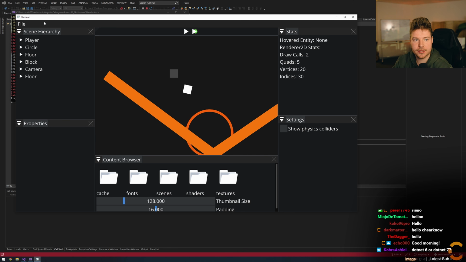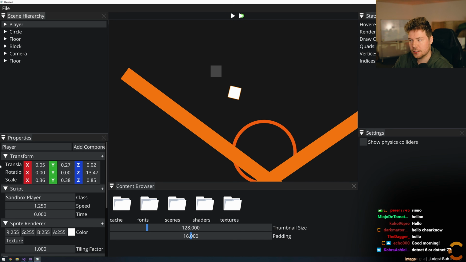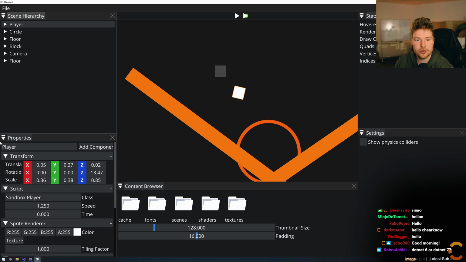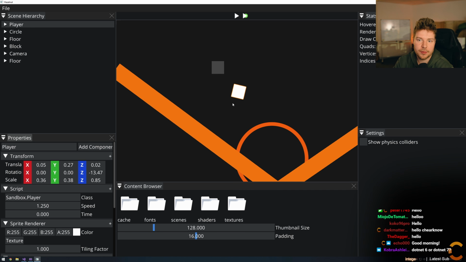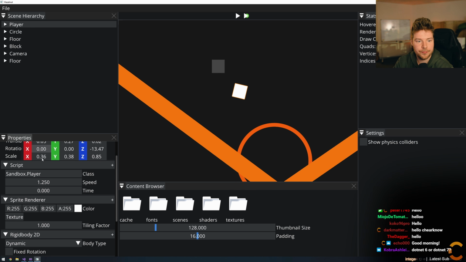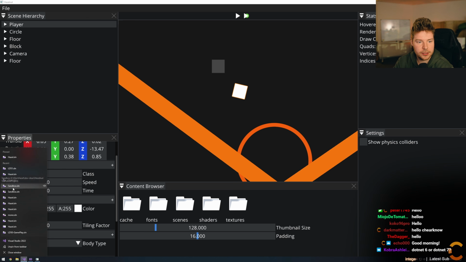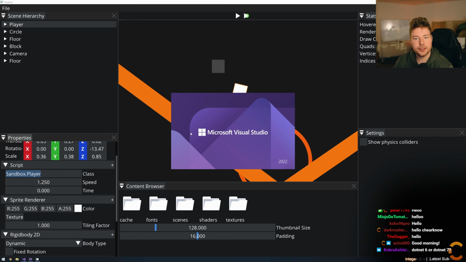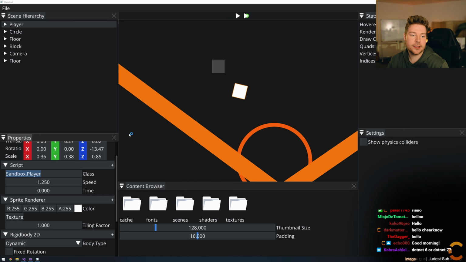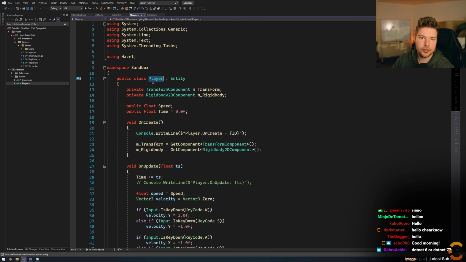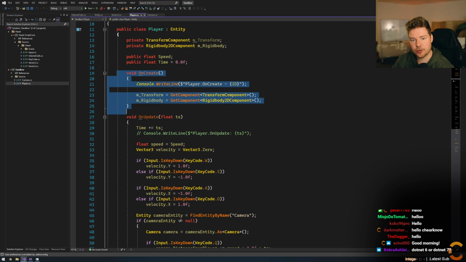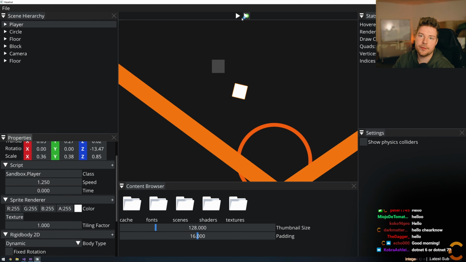At the moment we've got this scene here. We've got a player. I've made the font larger just so that it's more visible on stream, so that's why this looks kind of big. We have this scene, and we have this player, and the player has a script component, and the script component has a class, and that class refers to, is this the right one? Yeah. It refers to a C# class called Player in the Sandbox namespace that we've created over here. So we have Sandbox.Player, and that has an OnCreate and an OnUpdate function, and if we hit play and run this,